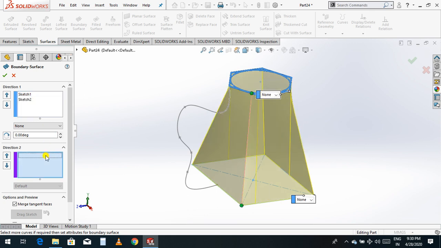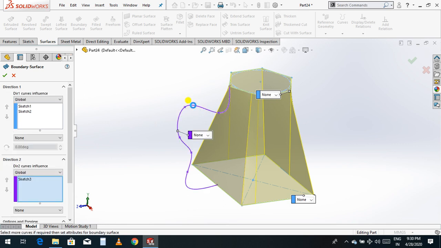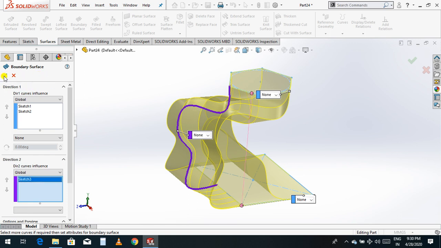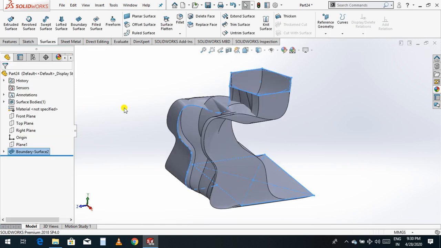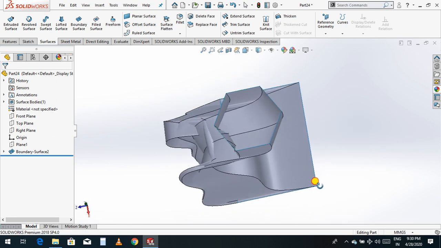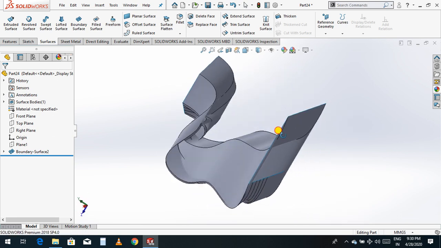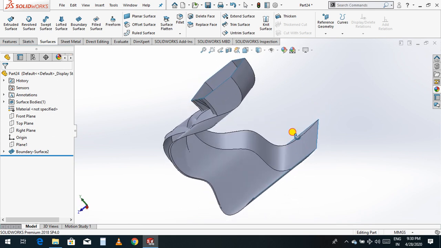Okay. Now just go to direction. This is our direction. Now just click OK. Now it's happened. So this is called the law of boundary surface in SolidWorks.